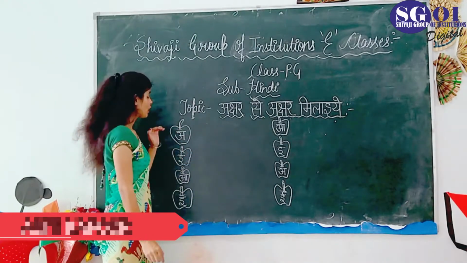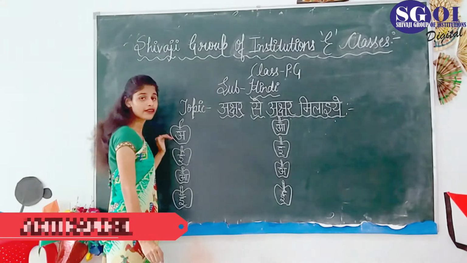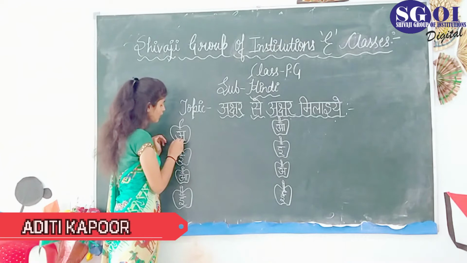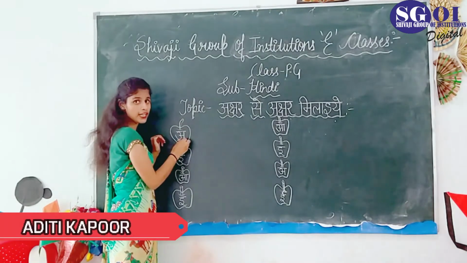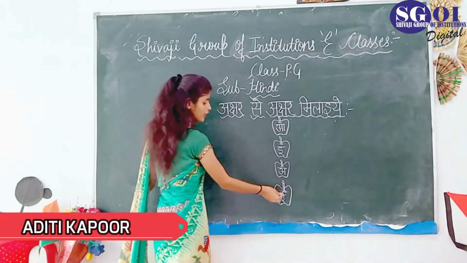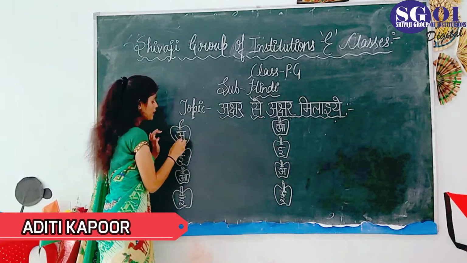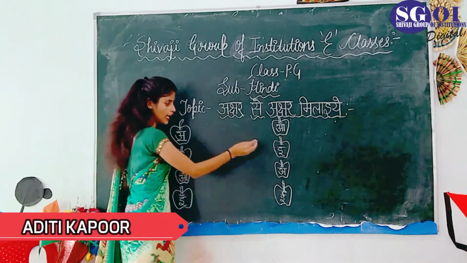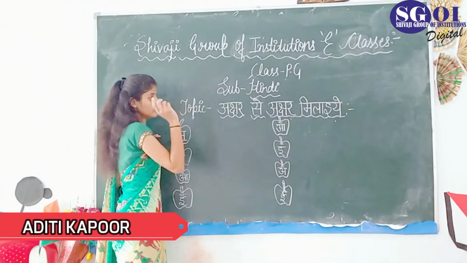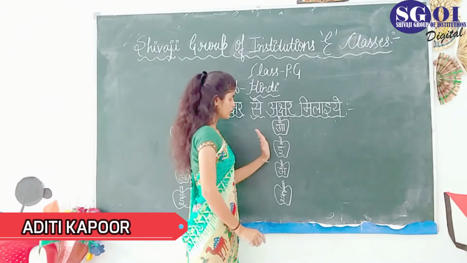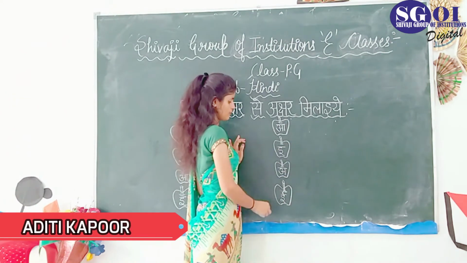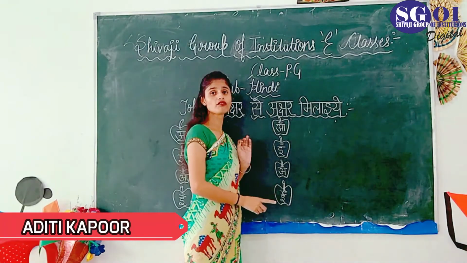Okay, now tell me which अक्षर is this? Which letter is this? छोटे आ से अनार. So we have to match छोटे आ से अनार with the letter of छोटे आ से अनार. So now come on this line. Firstly, we will find where is the letter of छोटे आ से अनार.